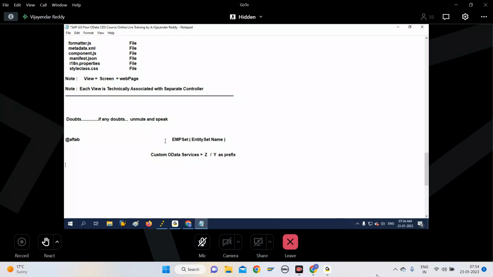It's backend SAP related, right? So in the front end, for Fiori apps, you need not follow Z or Y. No need to use Z or Y for project creation. But when you deploy the application to the server,